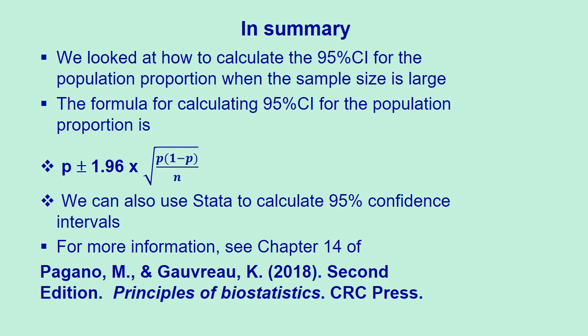The p is the sample proportion that is calculated from the sample, and the 1.96 is from the standard normal tables. We can also use Stata to calculate 95% confidence intervals, and for more information you can read chapter 14 of the